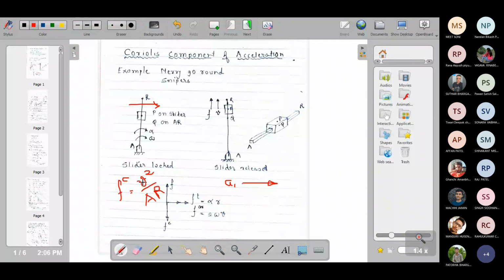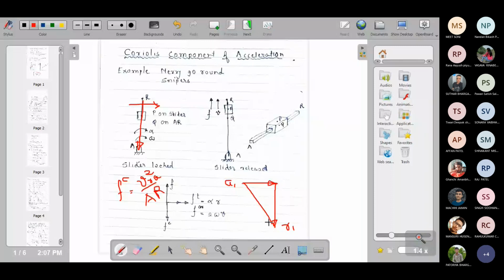Now, to find the centripetal component, what do you need? You need the velocity diagram. So what will come here? The velocity of R with respect to A. And its direction is toward the center of rotation, which means in this direction. So from here I need to draw. Now magnitude is known to me, direction is known to me, so I can draw the centripetal component. Okay, so this is point R1. So this is the acceleration of point R.